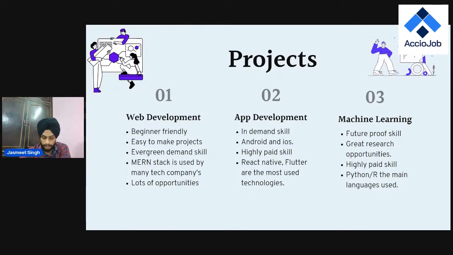Okay, so Priyo is asking how many projects we should have. In a technical interview, if you are applying for a technical job, you should have at least two or three projects that basically tell what technologies you have worked with. These should be your top projects, the best projects that you have built. Okay, so 2 or 3 is quite a good number.